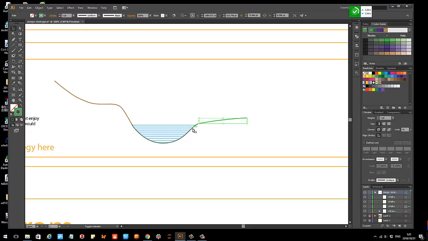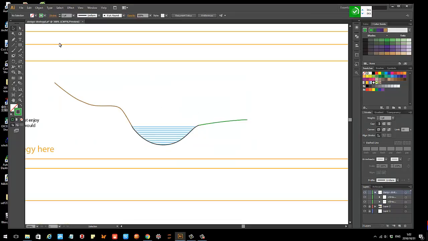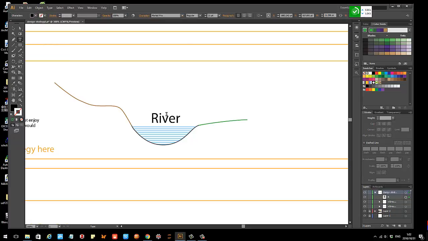So I want to group my contour line also, okay, because they're together, right? So I right click and group them. So this was this, and then I want to just give some labels, right? I just type river, use this text tool, type tool, right? You can just click, just make it smaller. You can change the font, anything you want, right? So for example, this was river, and this is